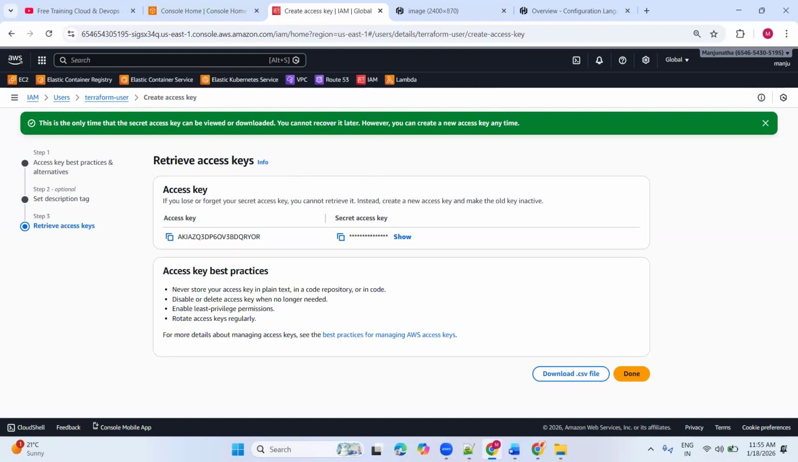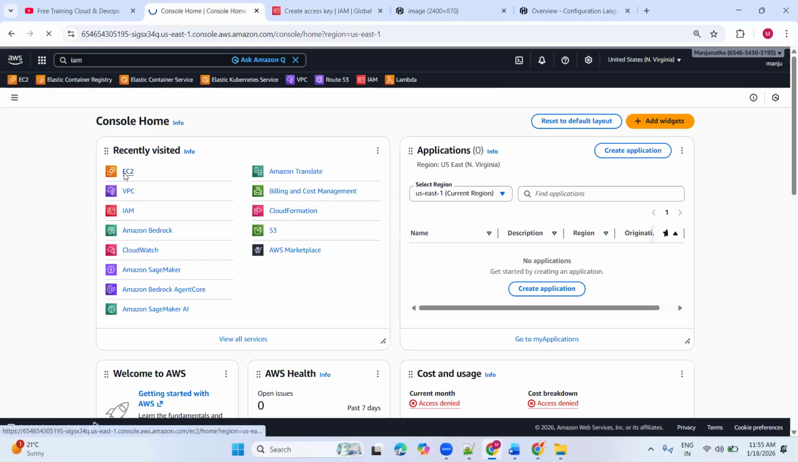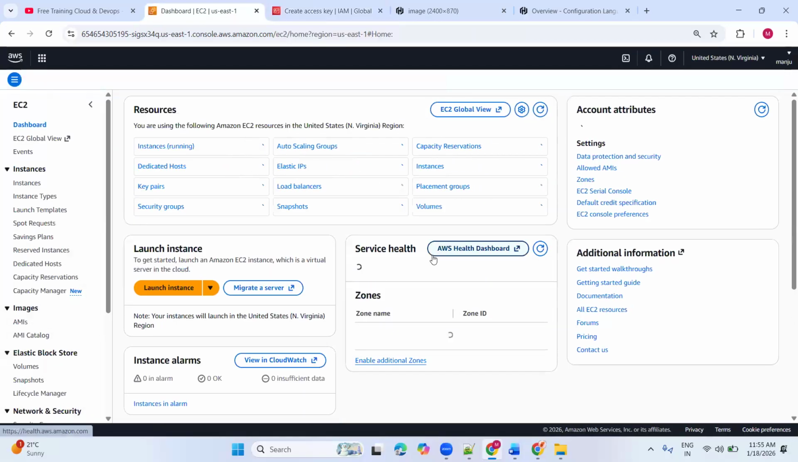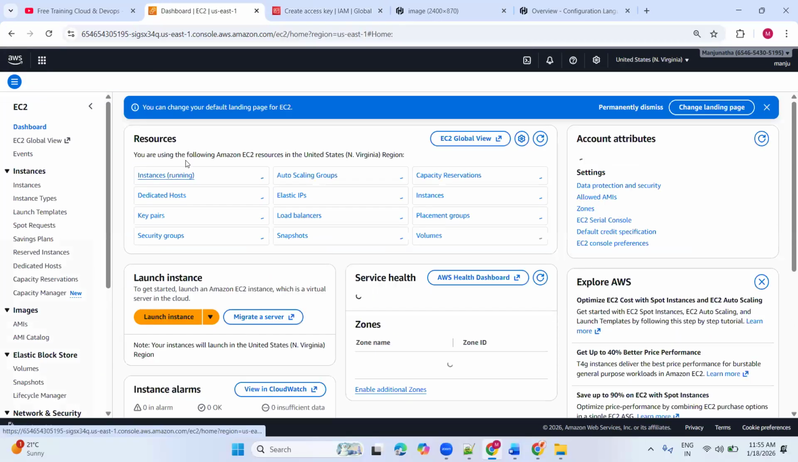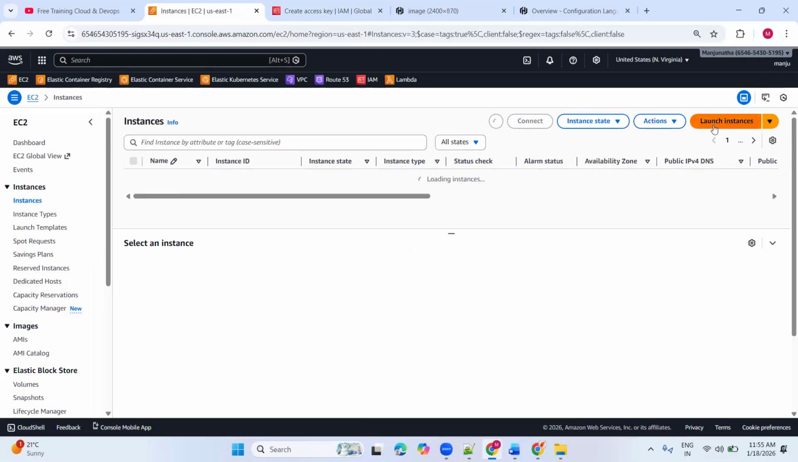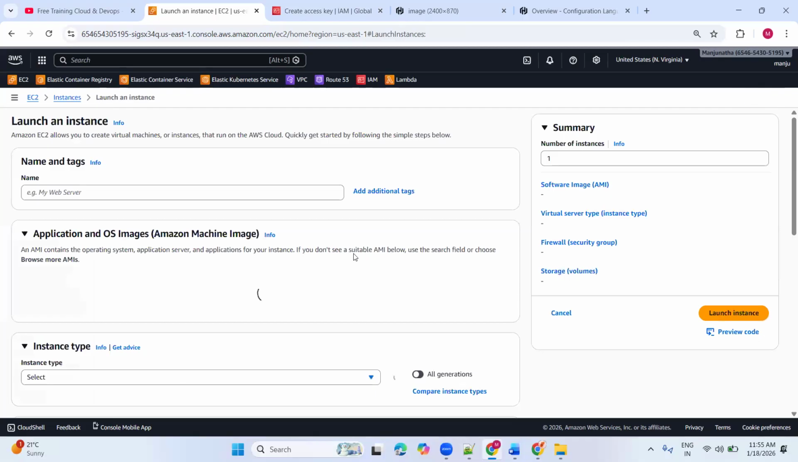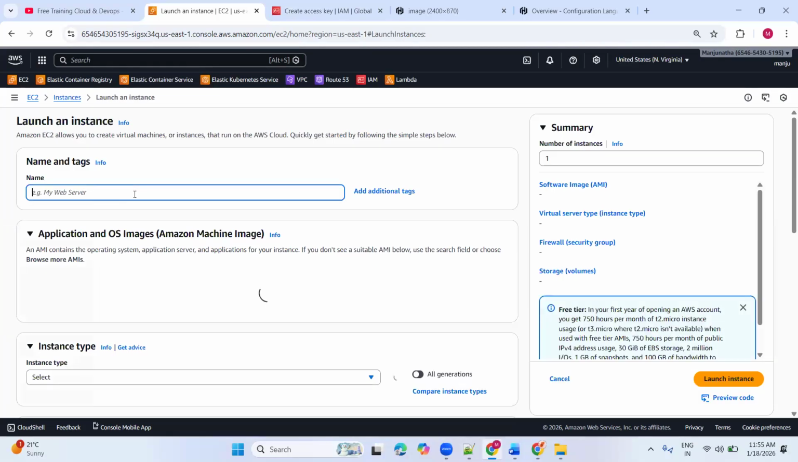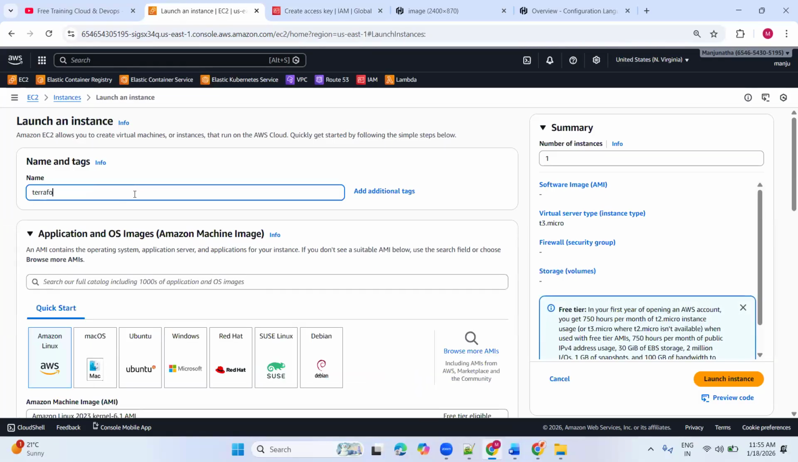Now we want to configure the AWS CLI to communicate with our AWS. So let's go to the EC2 console. As of now, I'm not going to use my own laptop. I'm going to create one server from the AWS console. You can call it a jump server. I'll name it Terraform server